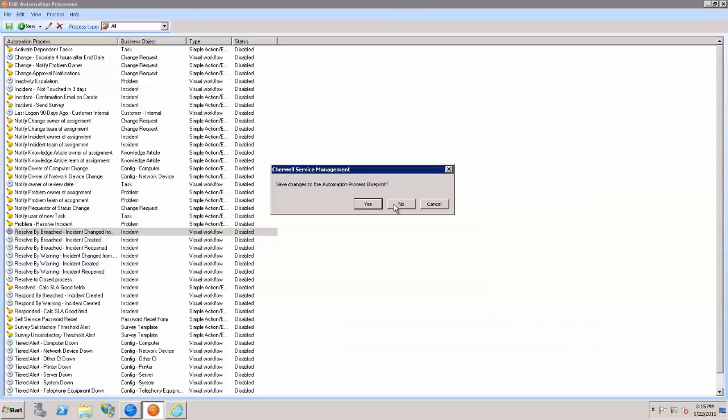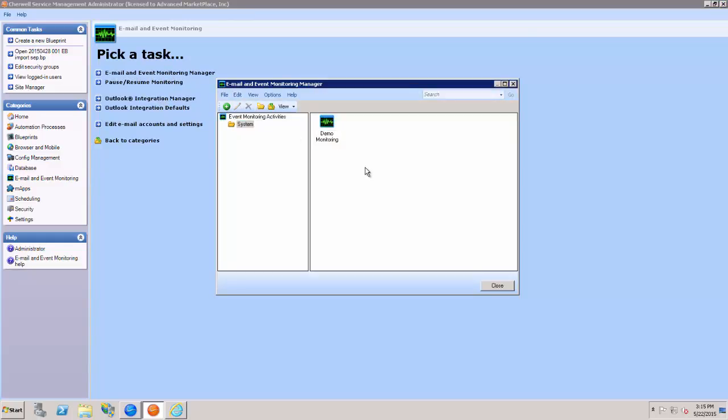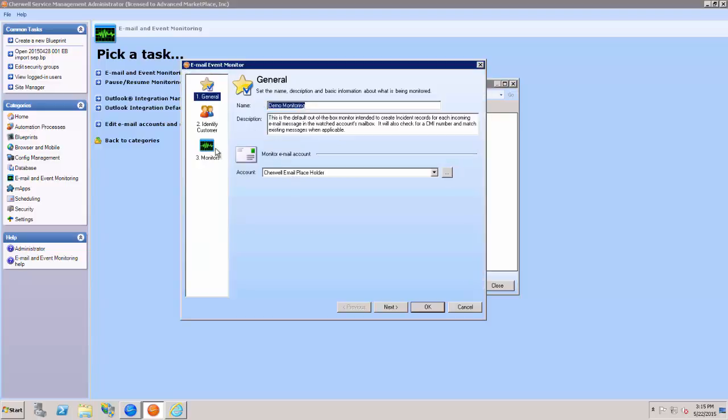Coming out of here and going into email and event monitoring. So Cherwell has the ability to monitor a mailbox. Any mail that is sent to that mailbox will be processed by Cherwell, and then we can do actions based on that email. So if we look at the monitor,